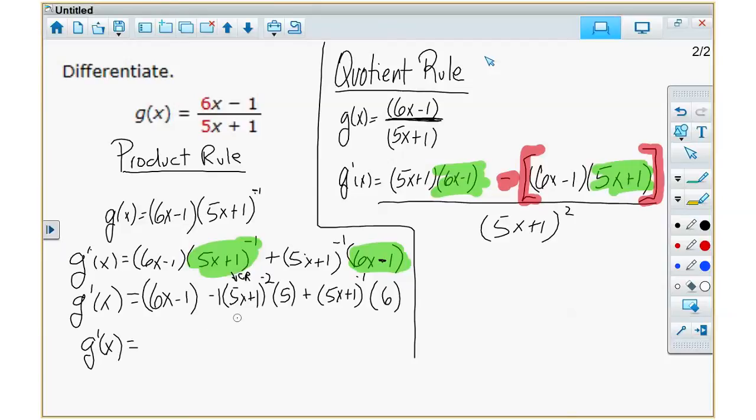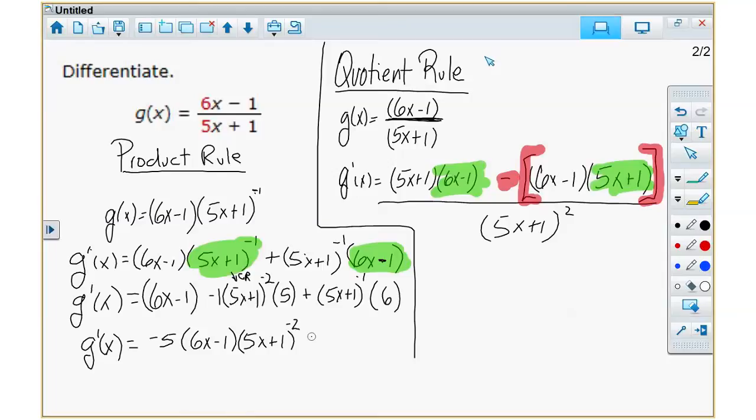That 5x plus 1 is raised to the what? Negative 2 power. So I want to isolate it so I can bring it down. So I'm going to bring this 5 and this negative 1. That's 5 times negative 1. I'm going to bring it out to the front. Negative 5 and then 6x minus 1 and then times 5x plus 1 to the negative 2